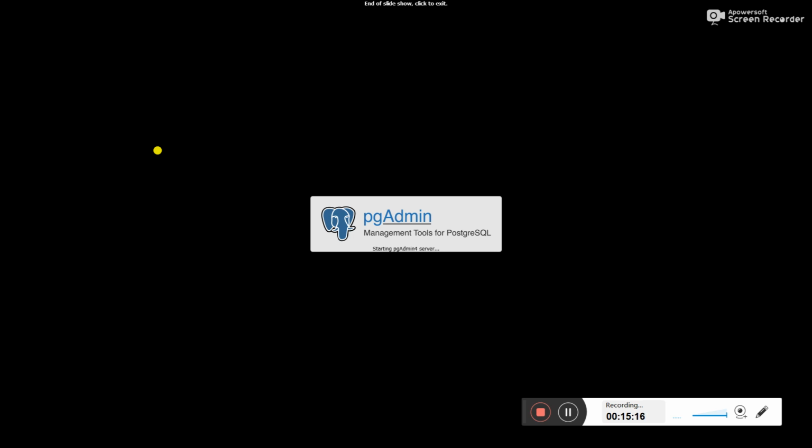Now, before starting this pgAdmin, it will ask you for the password which you entered while installing it. So you just need to write down the password here. Wait, it will ask you for the password.